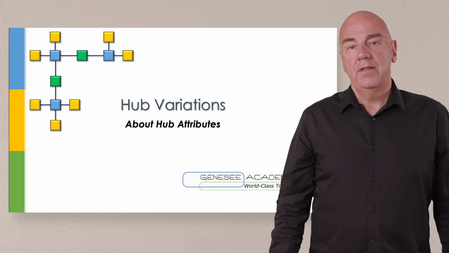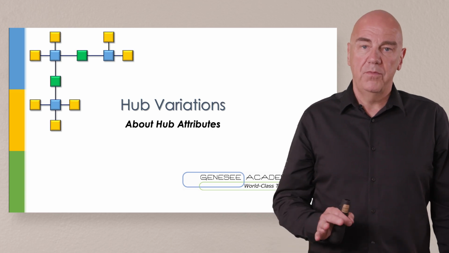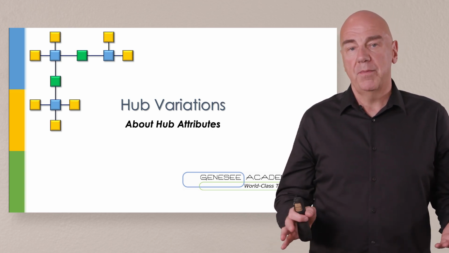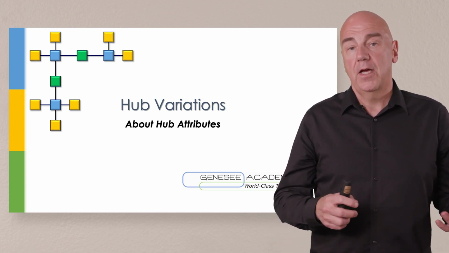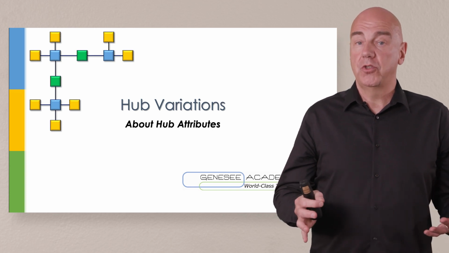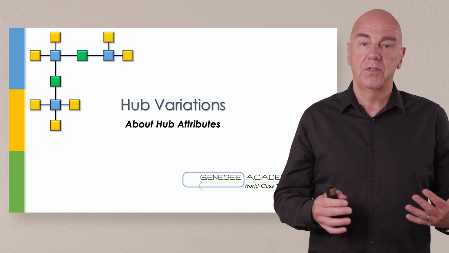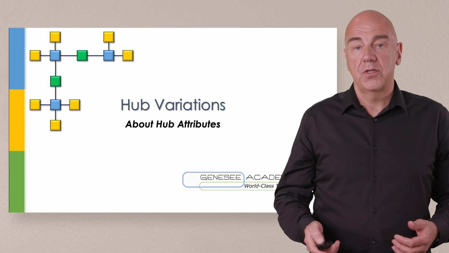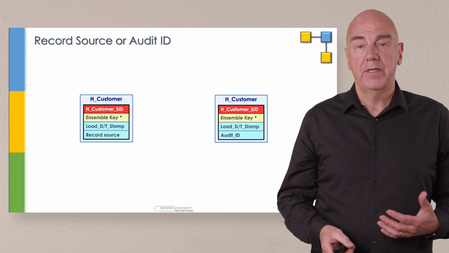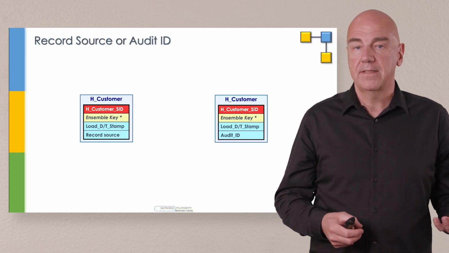Okay, welcome. In this section, we're going to talk about hub variations. And what we're really talking about here is hub variations considering attribution. Like, what are the attributes that are defined in a hub? So on the first example we're going to look at here, as you can see on the left-hand side, we